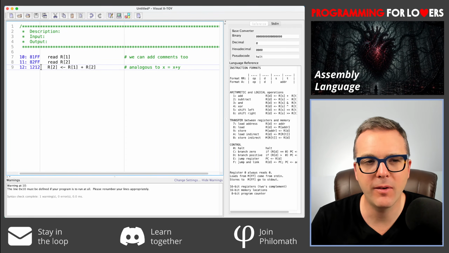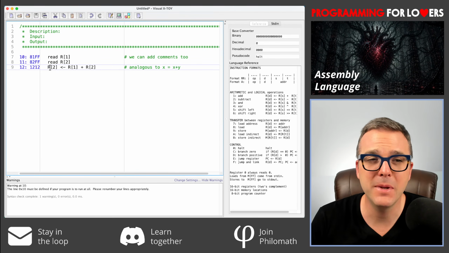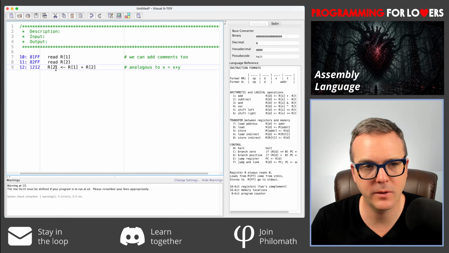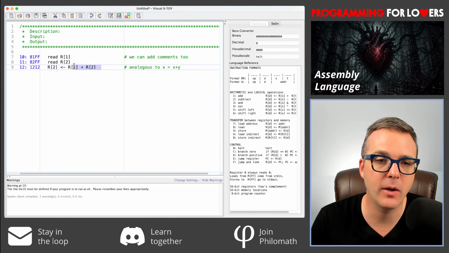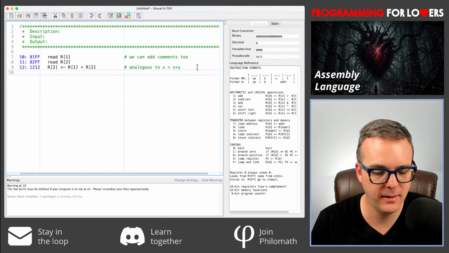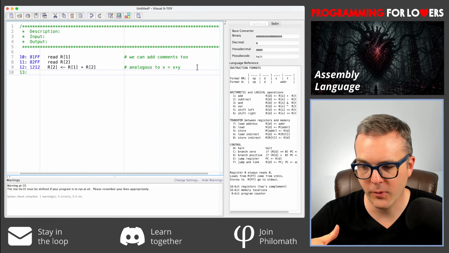So now we have a 4-digit hex string that represents this same operation, but by manipulating registers that are internal to the CPU. And so we're setting register 2 equal to the values of register 1 and register 2 summed together. Again, that will overwrite the current value of register 2. Then we look at line 13,